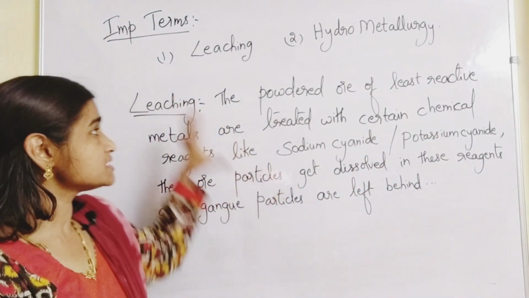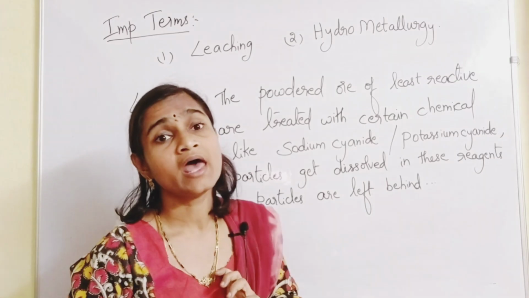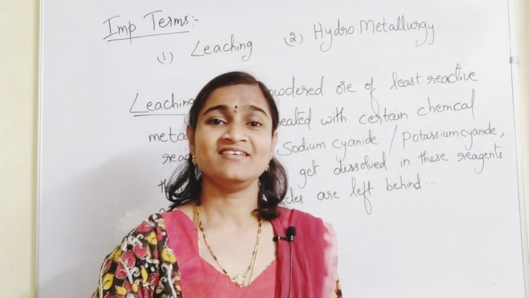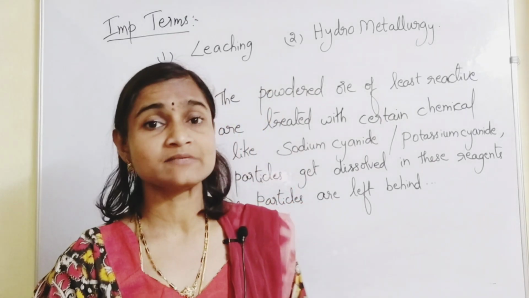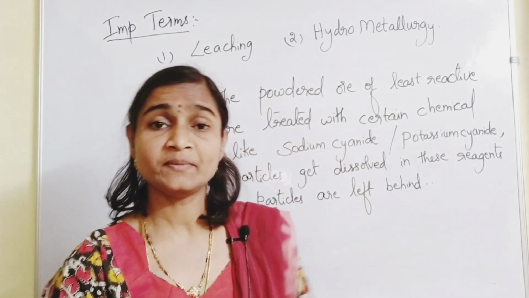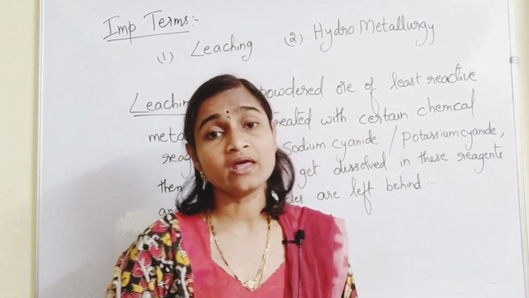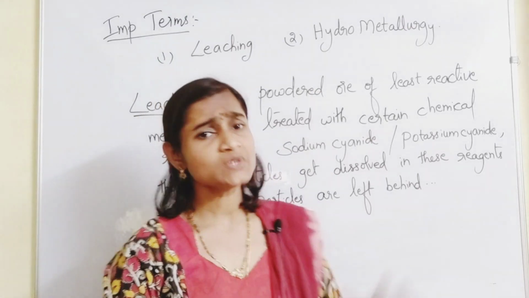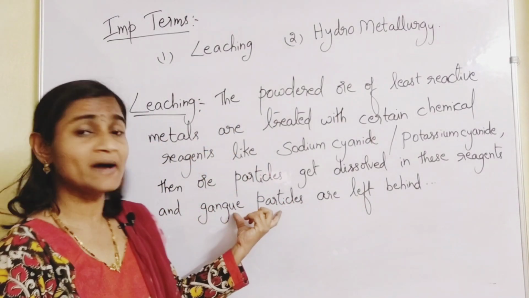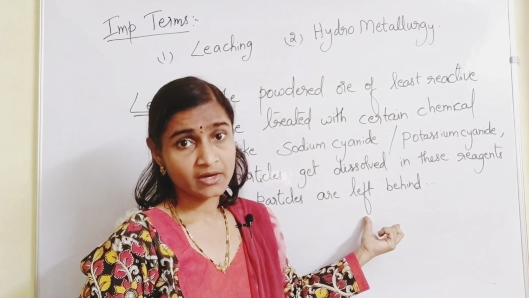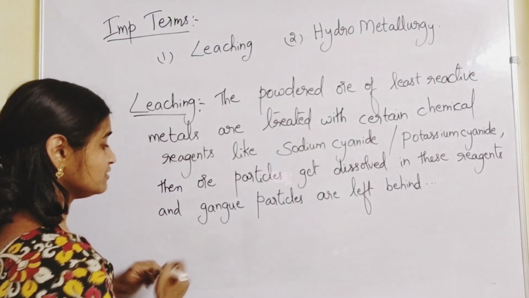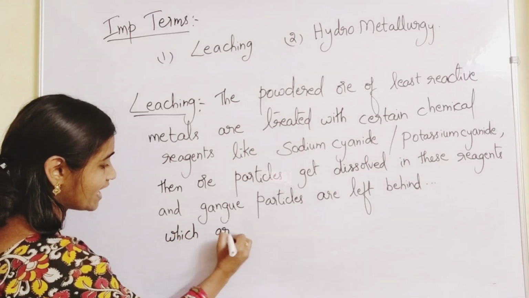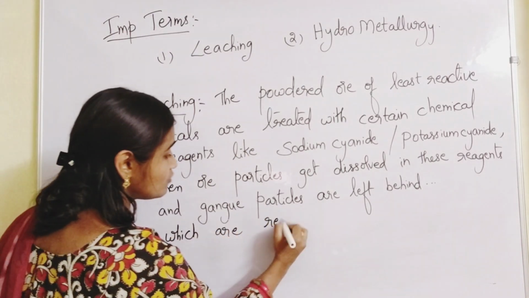So that process is called what? Leaching process. Actually, this leaching process has to be discussed in ore dressing itself, but there I did not discuss it. In the previous video on ore dressing methods, I didn't discuss this method. It's also a kind of process where gangue particles are removed. So later what will they do? The gangue particles left behind are removed by